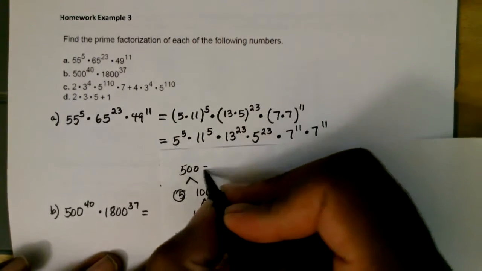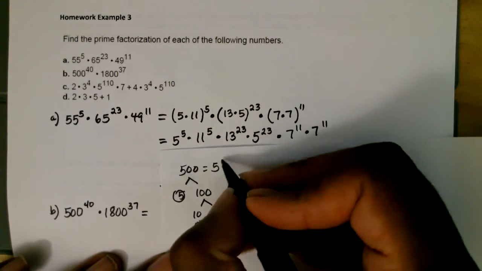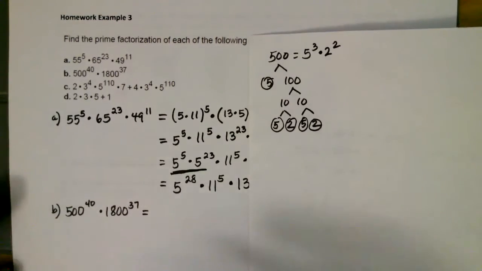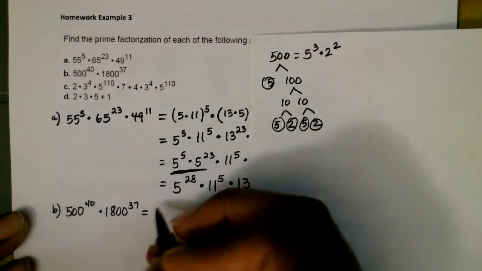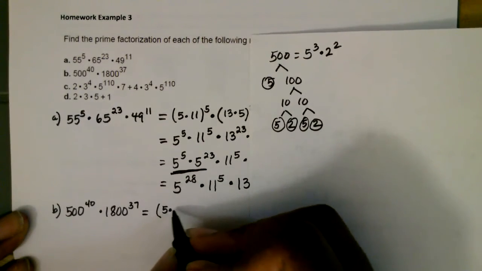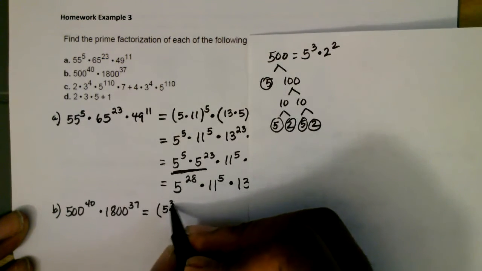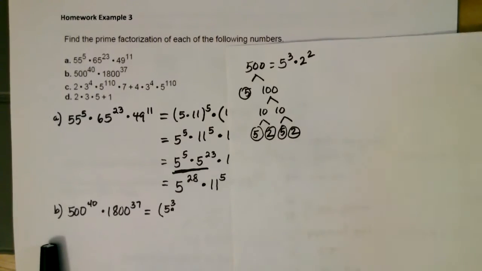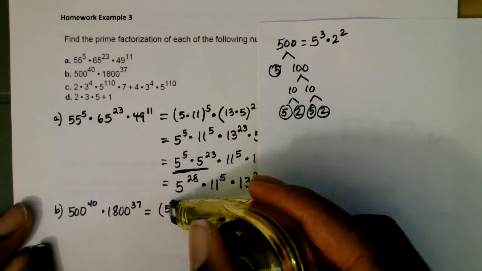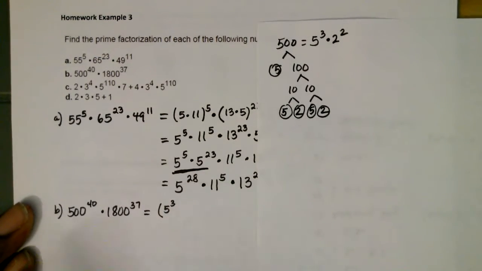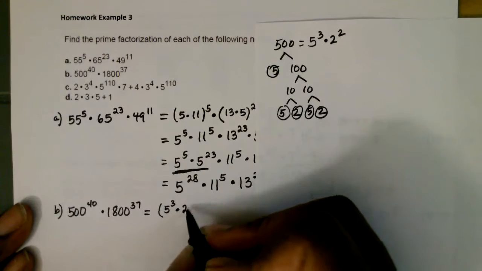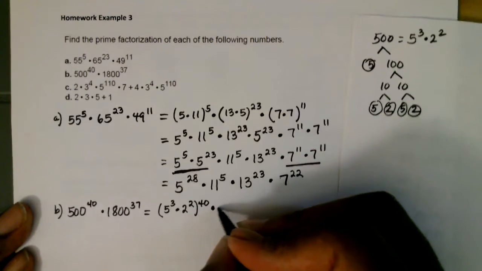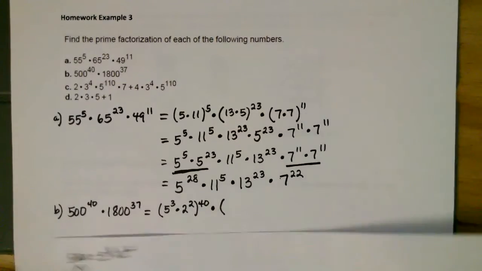So 500 would be 5 to the third power times 2 to the second power. So I'm going to write 500 as this: 5 to the third times 2 squared, raised to the 40th, and then times, now for the 1800,